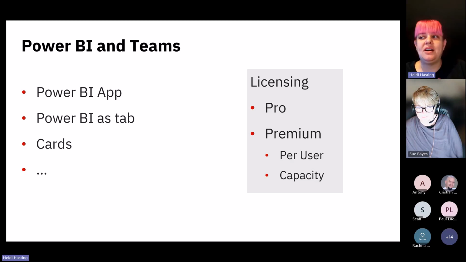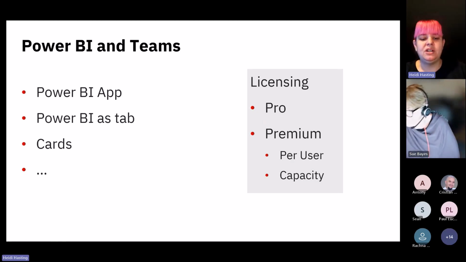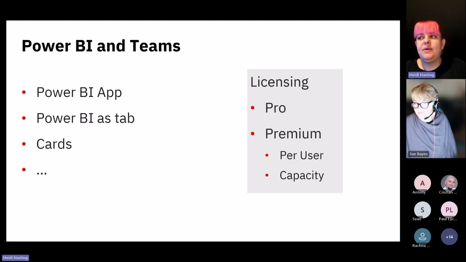So why not just drop a tab inside Teams? That way they're already logged in because they've got single sign-on into Teams. Yeah, they're already logged in. You don't have to teach them the login experience or the navigation experience. You can go straight into prototyping the report. And then you do your wider cultural change later to say, all right, now let's tell you how to